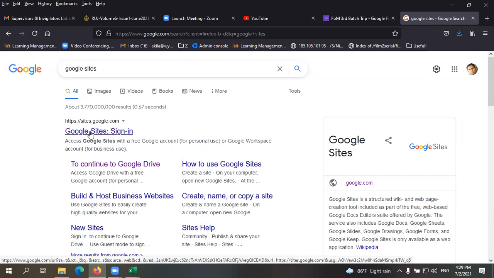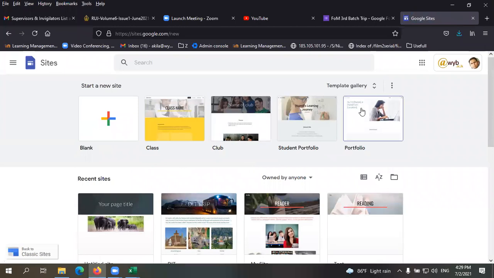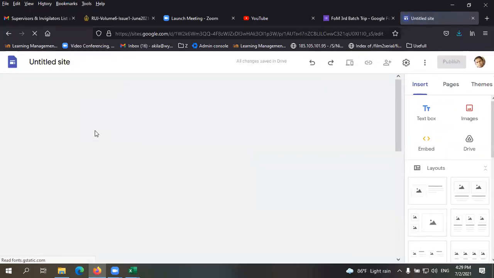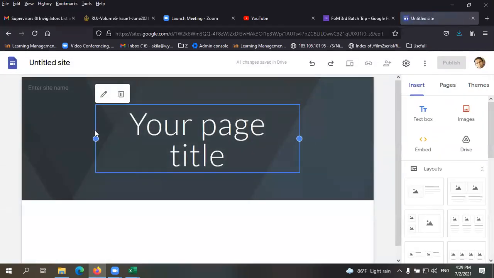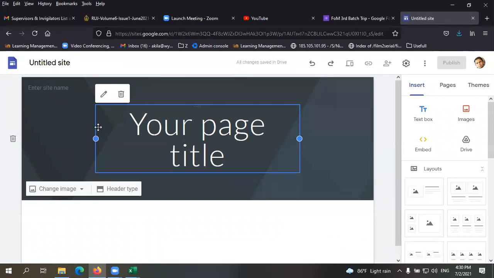All right, so you can click on Google Sites. Templates will be there, but we are not going to use templates. You can click on a blank. So this is actually a web page. Anyone in the world who has internet can view your web page after publishing it. The person does not have to be in Sri Lanka; from anywhere in the world, anytime, if they have internet, they can view it, right?